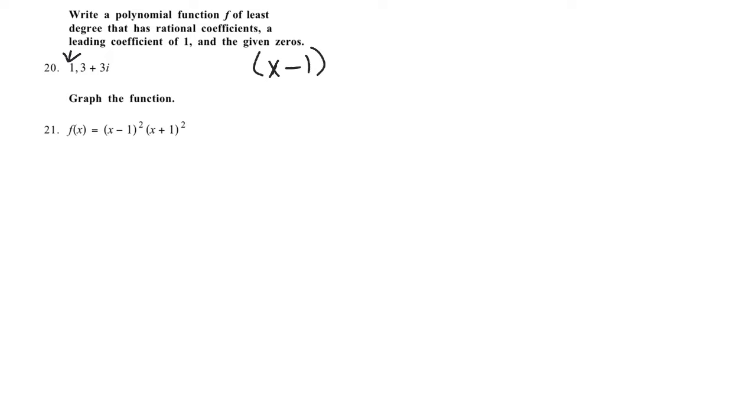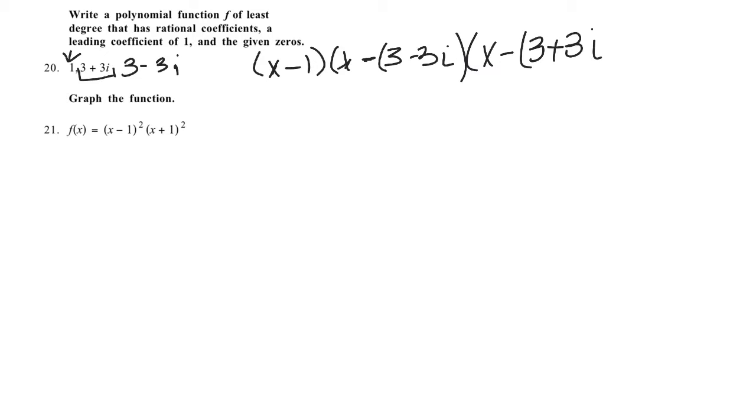And then when we have 3 plus 3i, this is one of the zeros. That means 3 minus 3i is also one of the zeros. So that's x minus, let's always subtract, 3 minus 3i, and x minus 3 plus 3i. The imaginary solutions always come in pairs. So we're going to multiply those together. We have x minus 3 plus 3i, when I distribute the negative, x minus 3 minus 3i, and we're going